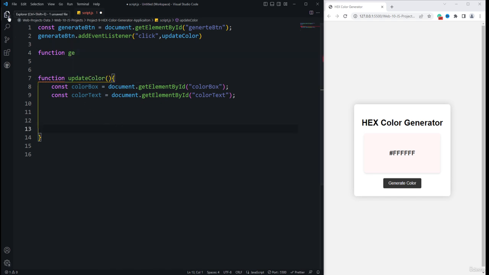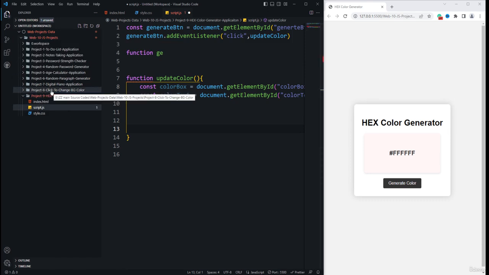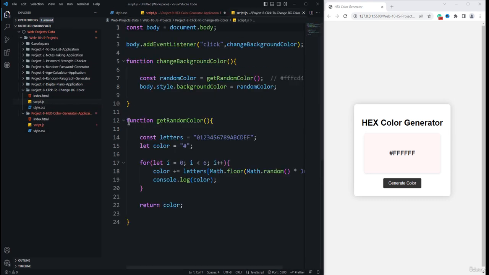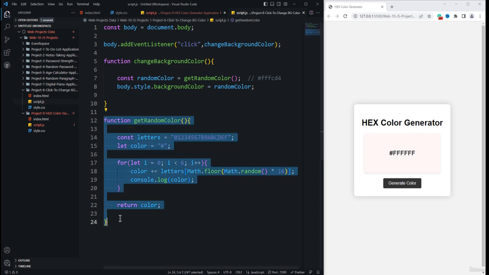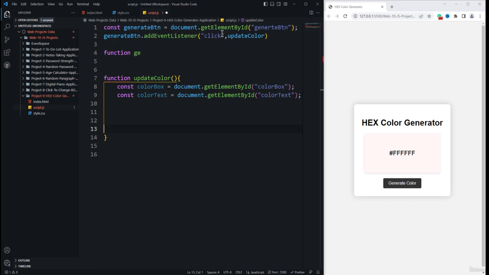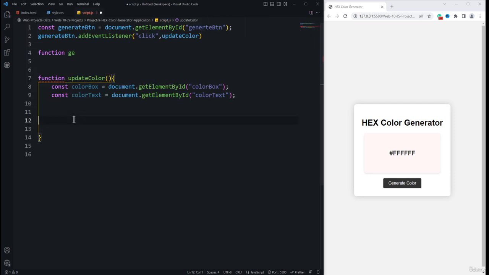So if I just completely go back, and here if I come back to color to click to change color bg, so here I have created this particular generate random color. So this is the function I have used. Because this is also a hex color generator application, we can use the same code. So I'm going to copy this function from here, collapsing it and also closing this file, and coming back to the script.js, which is the hex color script.js, and at the top I'm going to paste this function